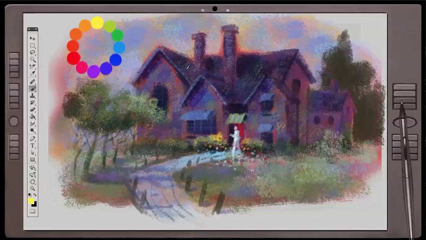Now, one of the things I think I will add is some birds flying here, something like that, and maybe put an antenna up here to add more interest. I'm going to add some more calligraphy to the walkway here. These little spots and the lines, they're considered calligraphy, and they help to add interest through this texture that is added because of the repetition of these little spots, and maybe a little red over here, some red flowers,